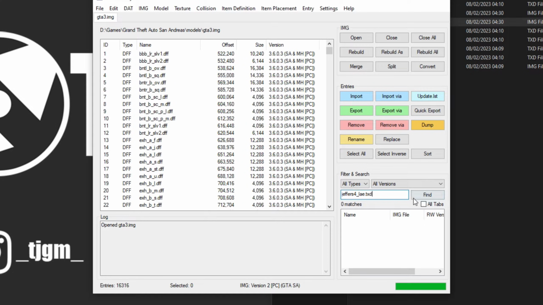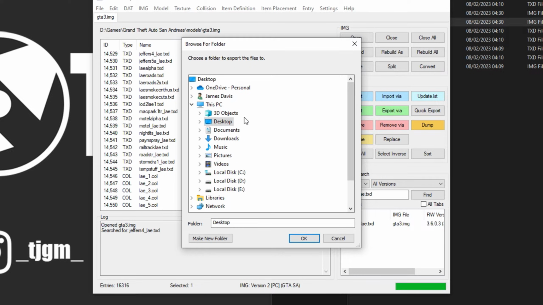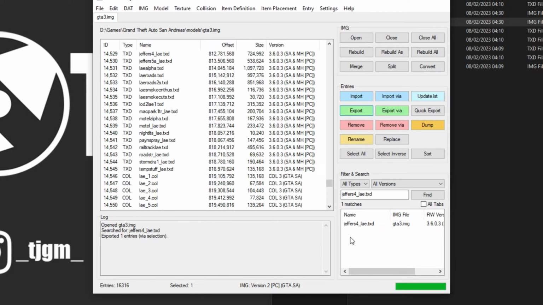Then click Find. Step 13. Click the TXT archive in the bottom right search results that matches your search, and then click the Export button. Export the TXT archive to your TJGM video folder on your desktop. We need another TXT archive from this IMG archive too.